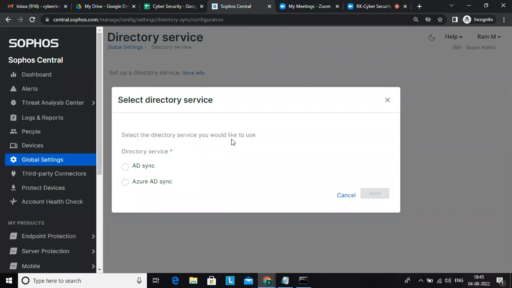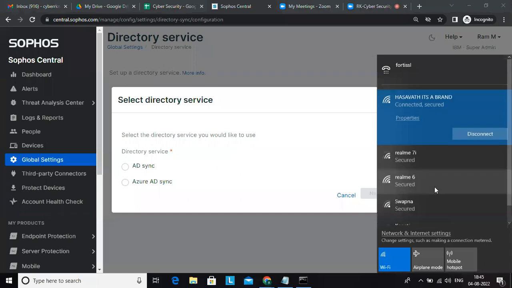Second one is primary DNS and secondary DNS. Why will we integrate this one? DNS is mainly for domain resolution. If the primary DNS server is not able to do the resolution and some outage related issues occur, in that scenario we will use the secondary DNS server. Next one is SMTP server integration, mainly to receive the notifications. Whenever any issue or any alert or any incident is coming, in that scenario, this SMTP server